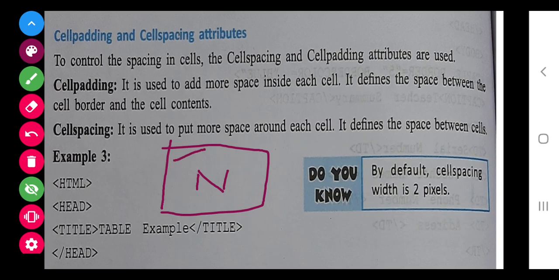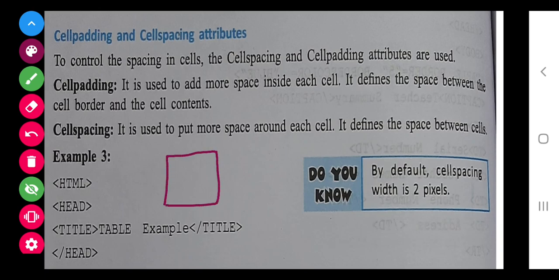Now this gap, if you want to increase, you will give cell padding. Second, space between the cells: there are 2 cells and you want to increase this gap, then you will use cell spacing, sorry.